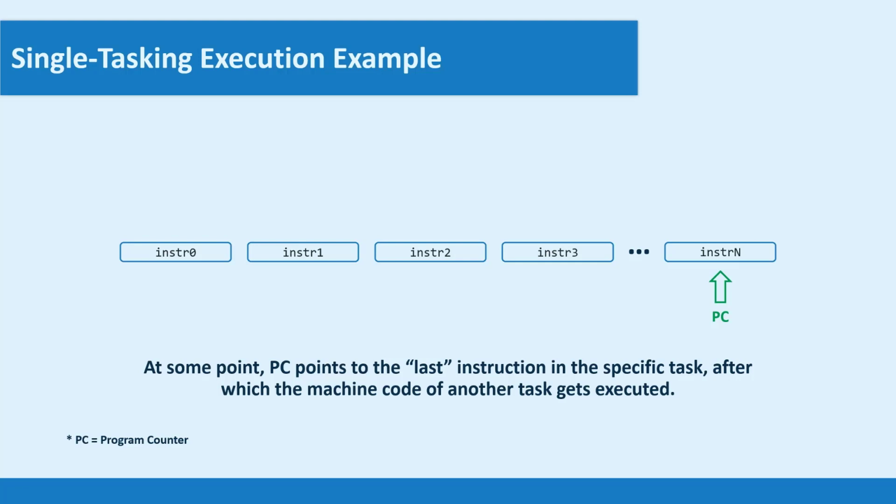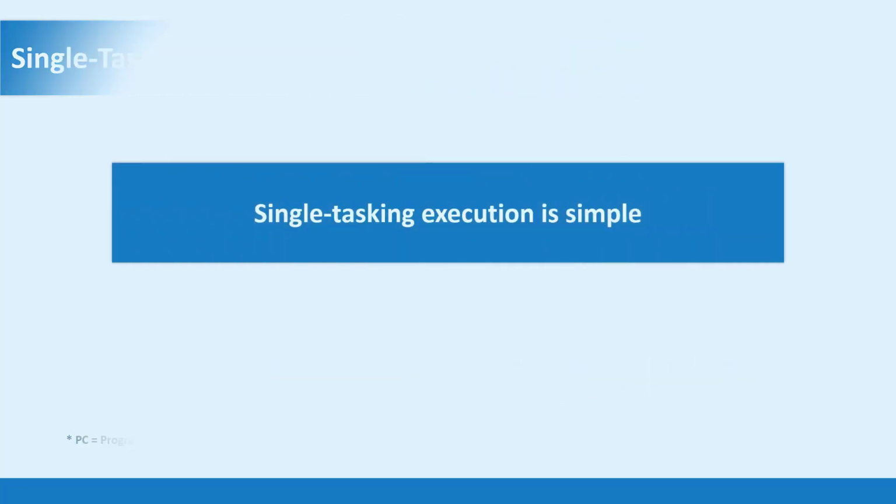As long as a single program is loaded into our CPU, no other program can run, and the CPU becomes fully dedicated to the execution of that one single program. The benefit of single tasking system is that it's relatively simple. It just executes the machine code of one single program at a time and shouldn't be concerned with anything else. But that's also the downside, because whenever that program, or should I say that task, executes, it takes full ownership